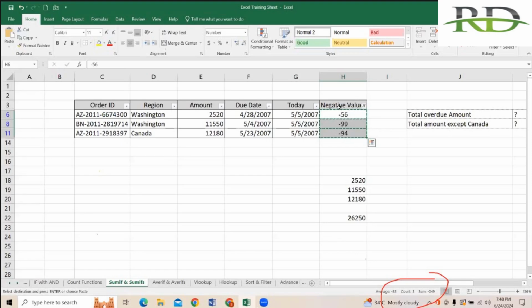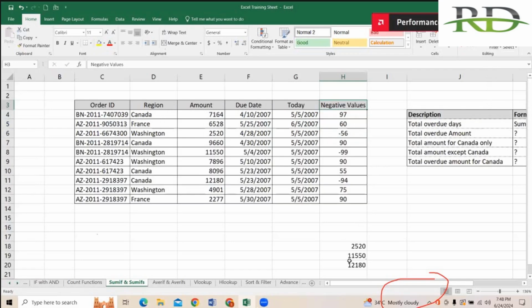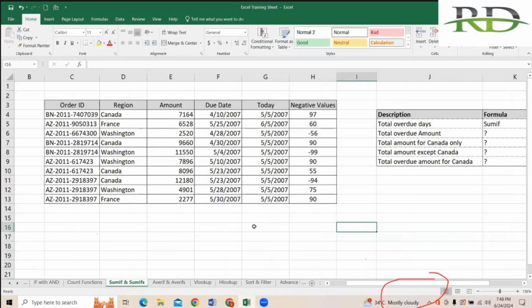Okay, got it. Any one more question? Hello, sir. Could you please give some other example also for this sum if? Yes, of course we can. Suppose that,